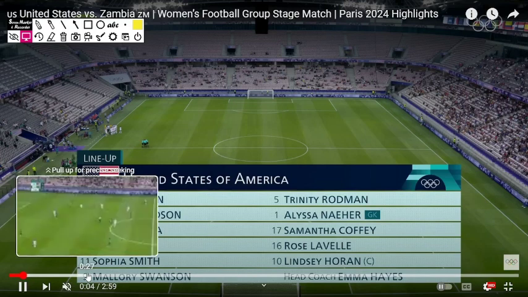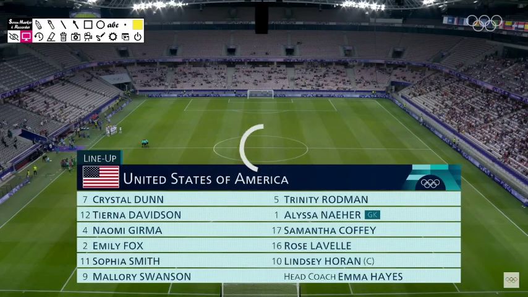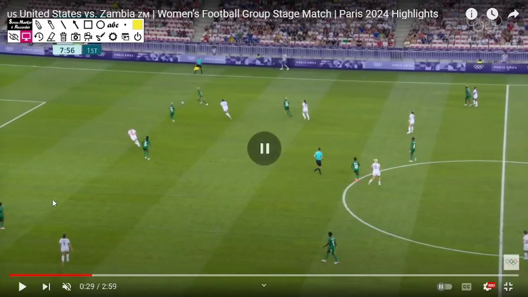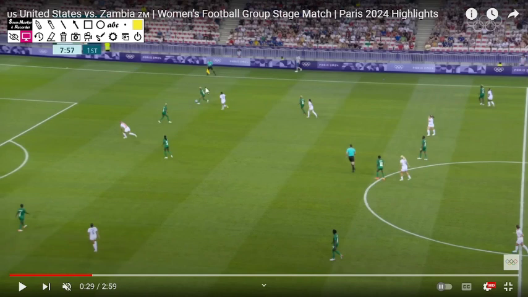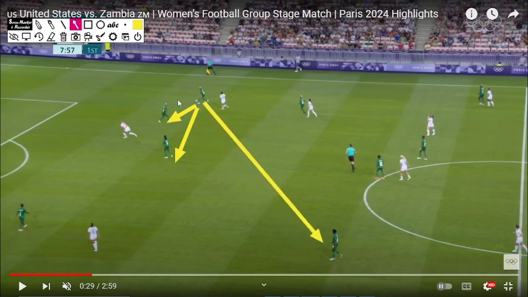Alright, so I'm going to scroll to the first chance of the game. It's gonna load soon enough. So, we have the Zambian player here. She has the ball. At this point in time, she can either pass it to her, or maybe if she's really feeling like risking it, play a long ball to her, because playing it to the keeper might be risky. Reason being, let me just put an X there just to signify it might not be